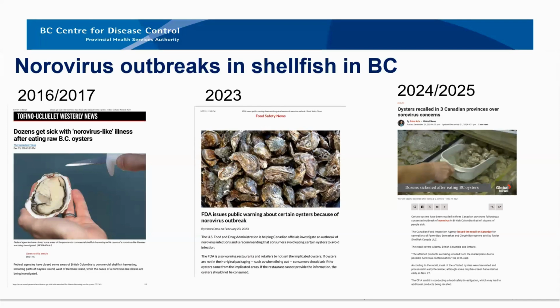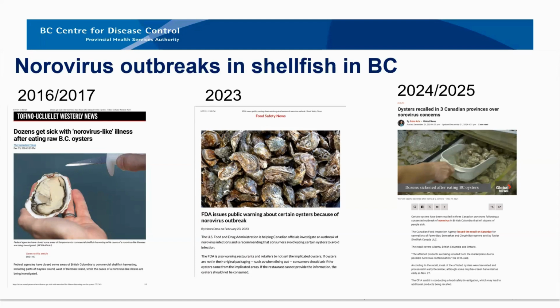One of the things that's quite interesting is that, let's just start with, how do oysters become contaminated? They become contaminated through contaminated water, and that water becomes contaminated specifically with human waste if they do have norovirus. We know that oysters are filter feeders, and they can filter a very large volume of water and bioconcentrate contaminants that are in the water. But of course, there are contaminants more than just norovirus in water.